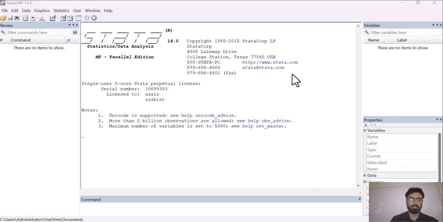In our today lecture, we are going to create a variable which is of first difference, and then we will check the stationarity of that variable. In our previous lecture, we checked the stationarity of the variable at level, and in today's lecture, we will see how we can create a difference of a variable by using a Stata command, and also how we can create a difference of any variable in an Excel file.